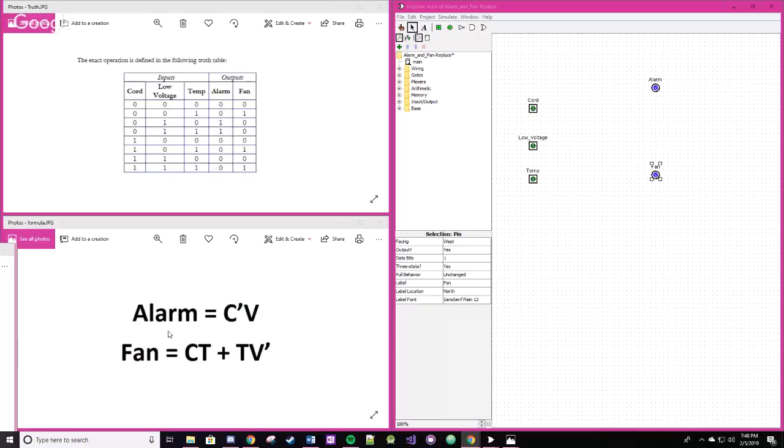So we have the simplified version of the circuits already completed. We are going to bypass that part of how to get there. The alarm was given, but the fan we had to do on our own. So we're going to use these simplified formulas to create the circuit. And the first thing that we're going to do is start with the fan and make those